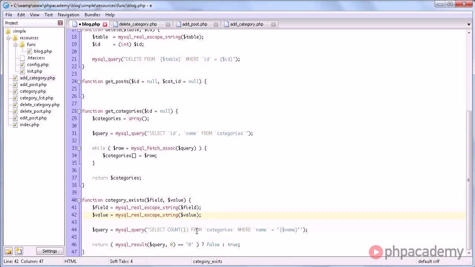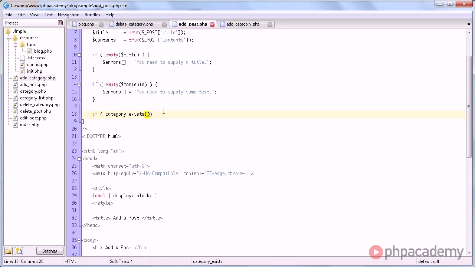And we're going to change the query to select count 1 from field. That's wrong, of course. Categories where field is equal to a specific value. So what we can do now is in here we can say where ID is equal to post category.